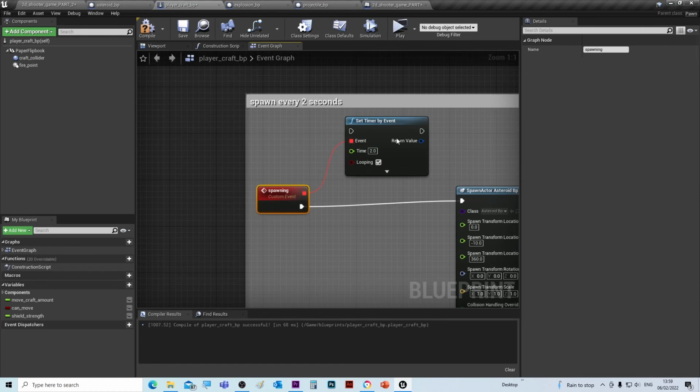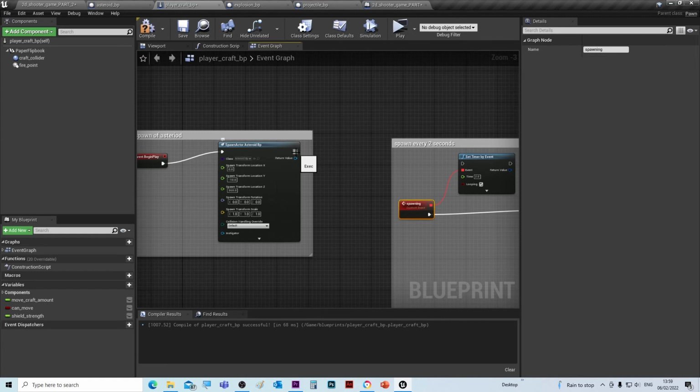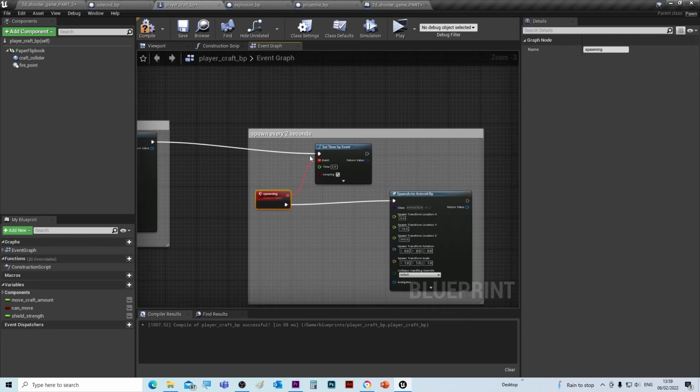I'm going to initiate this timer by connecting it to the first spawn. So as soon as the Playercraft is spawned, the first asteroid is spawned, and then it sets this event going in a loop. Every 2 seconds it fires this spawning event,